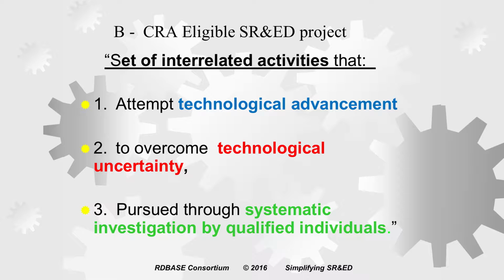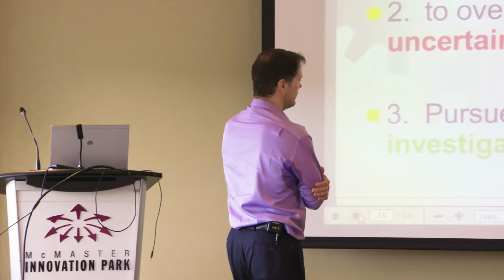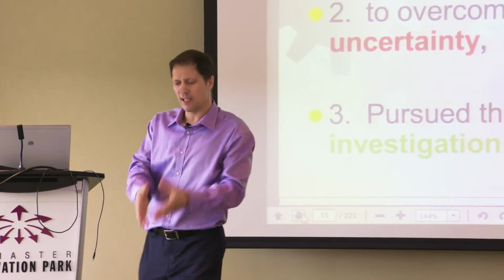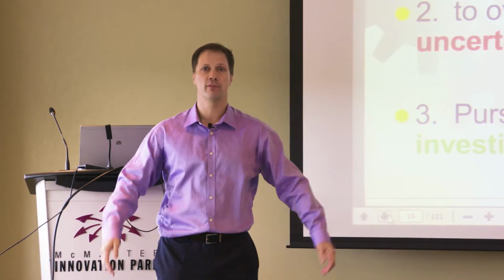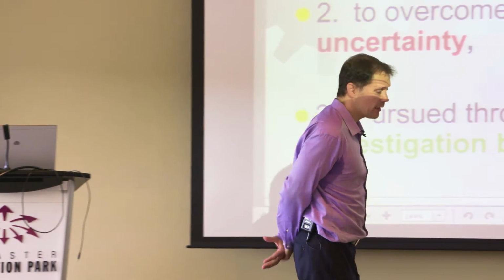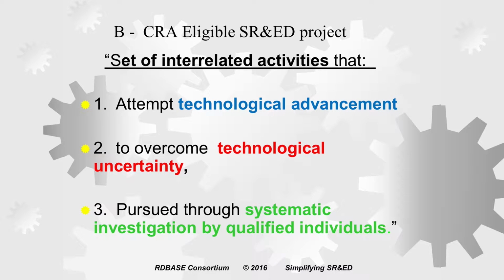So going on to the Canada Revenue Agency's definition of how do they want you to report SR&ED. So we talked about the OECD, we talked about IRS, the Government of Canada's tax code, and the Income Tax Act. We're saying, well, that's great. I have basic research, applied research, or experimental development, but that doesn't tell me what do I write down to the government to prove that I've done these things. And what the Canada Revenue Agency then comes in and says, well, what you want to do here is you want to describe the work that you've done at the project level.